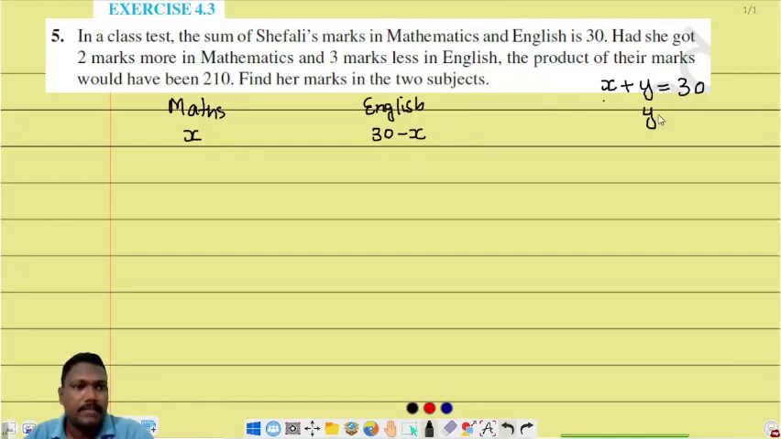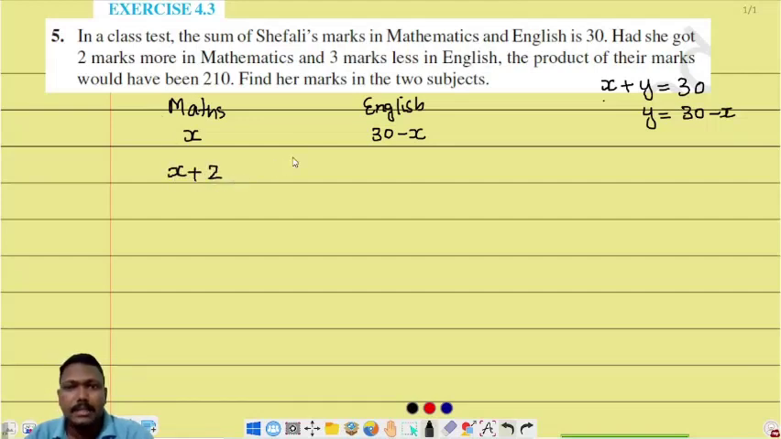So from this we can find the marks in English will be 30 minus x. So y is equal to 30 minus x. This is the mark in English. So we have English mark 30 minus x and maths mark x. Because we have only the chapter quadratic equation, we have only one variable, not two variables. So y we can replace by x, so it will be 30 minus x. Now had she got 2 marks more in maths, 2 marks more in maths means x plus 2,